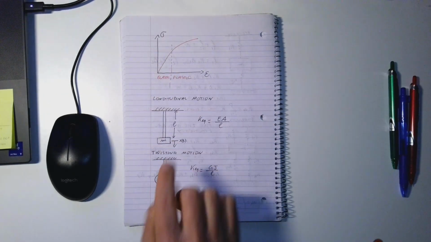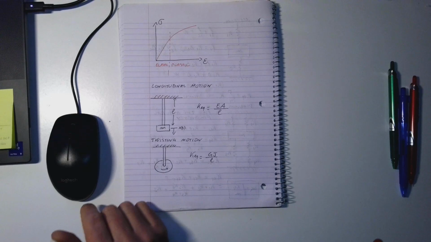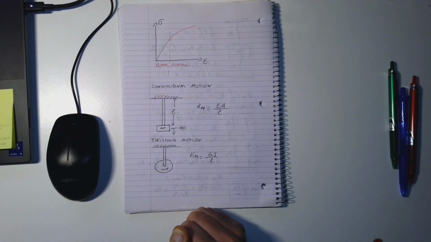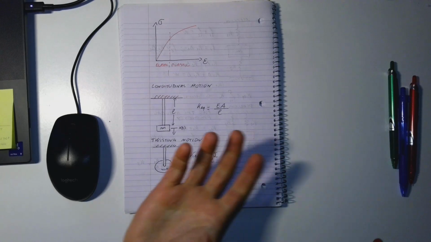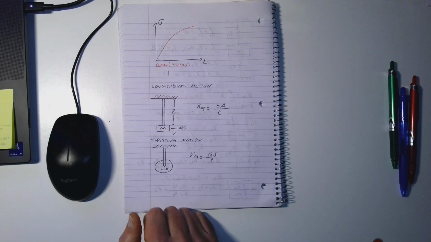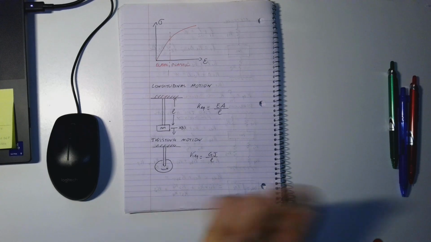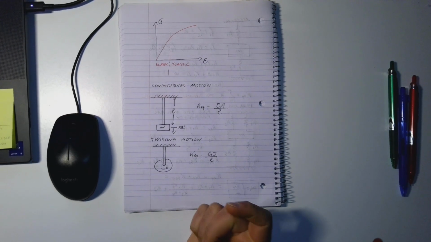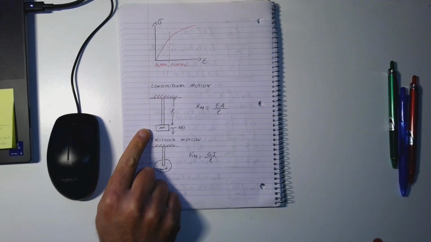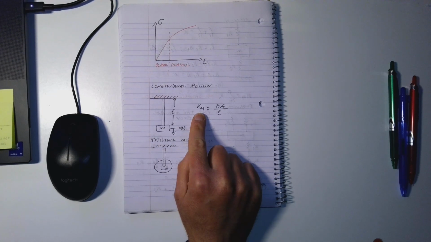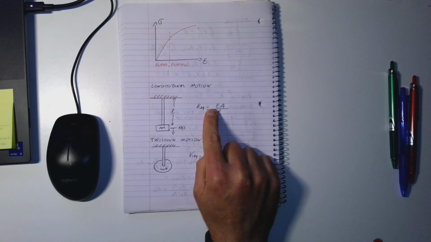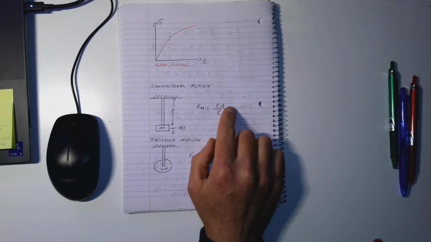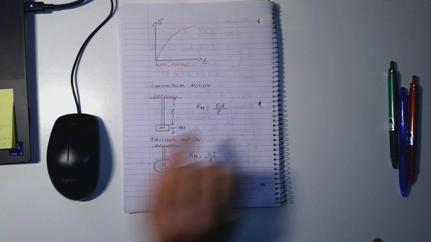So by doing this, we can actually introduce new quantities that allow us to model beams as springs. Depending on the type of motion that we have in our beam, this expression can change. So if we have a longitudinal motion, the equivalent stiffness of the beam will be EA over L. E is the elastic modulus, A is the cross-sectional area of the beam, and L is the length of the